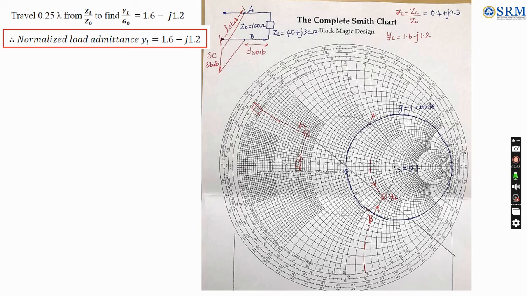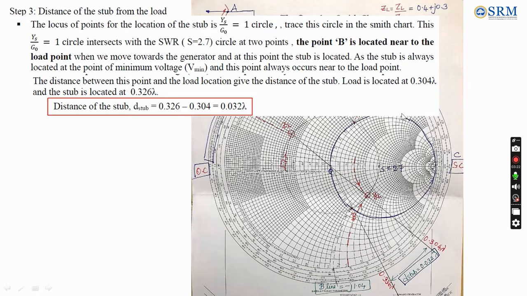After finding this particular value, what we have to do, since in the single stub impedance matching, I have mentioned that we have to make the real part as 1. To do that, we trace the R equal to 1 circle. This is the circle R written as 1, right, which is passing through the center of the Smith chart. So I can write this as the G equal to 1 circle also. Both are the same because resistance is the reverse of conductance, right? After locating that circle, we have to find the intersection of these two circles. The circles intersect at the top, which I am marking as A, and at the bottom, which I am marking as B.